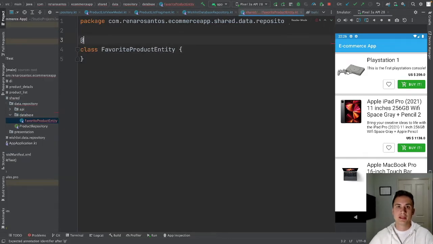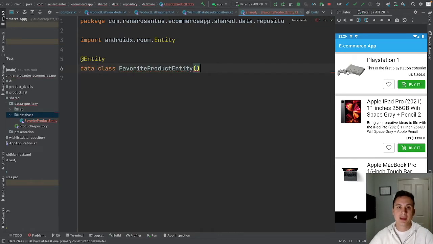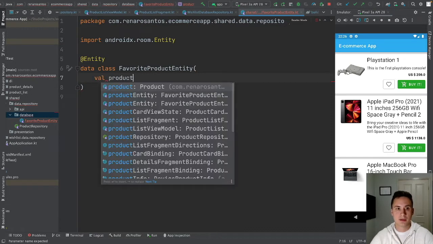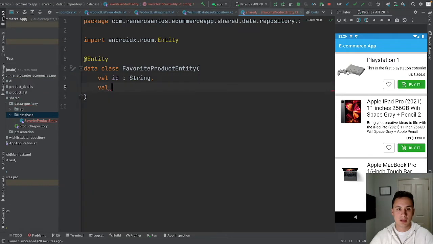Whenever you're creating an entity, you have to annotate that with a special annotation, which is called Entity. That way you're going to tell room that you have to create a database for that. So this is also a data class. And to make this video simple, let's just put two fields, the product ID and the title. So let's just call it ID and a title,